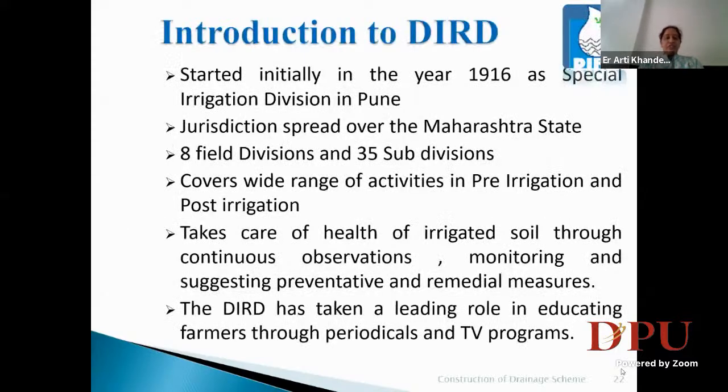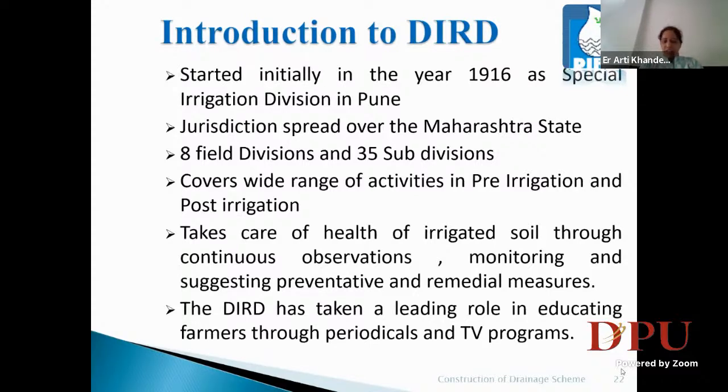The introduction of DRA, Director of Irrigation Research and Development. This is the office circle under the Government of Maharashtra Water Resources Department, which started in 1916. The jurisdiction is the whole of Maharashtra, a total of 8 field divisions and 35 subdivisions. This is the office of the Government of Maharashtra which handles the water logging and salinity issues in